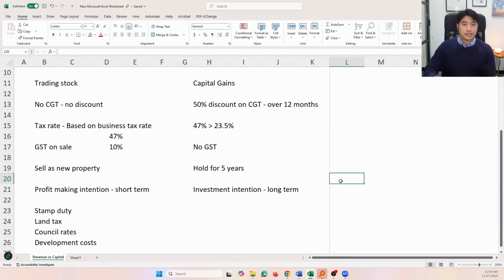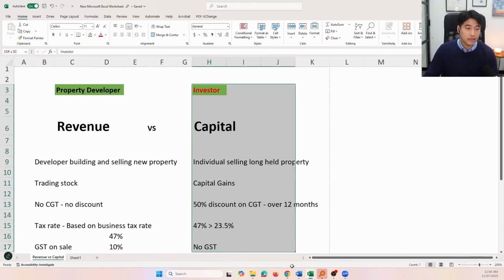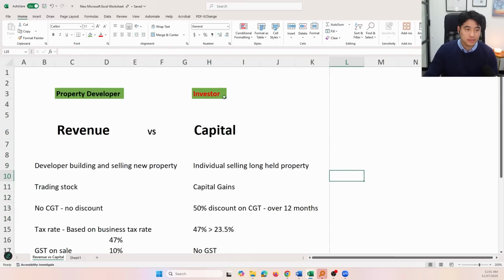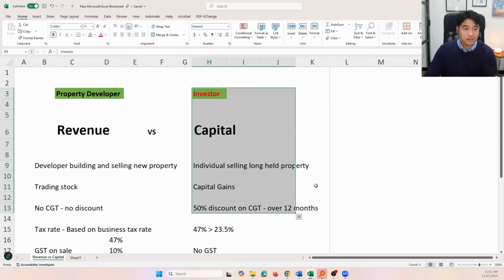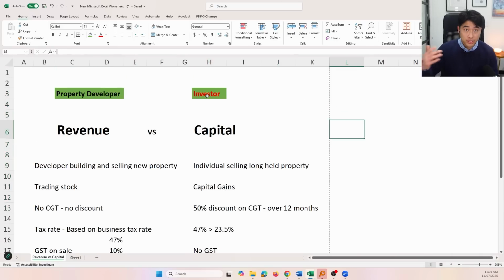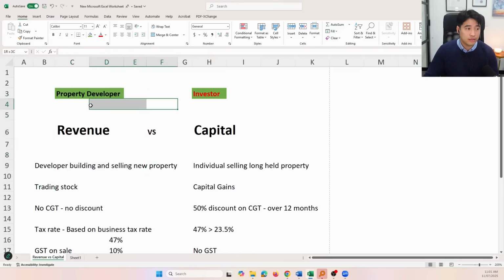So as you can see, the questions that are getting asked right now are just going, oh, well, how do I become an investor? So the goal here is actually that for most people that are buying one or two properties in the next 5 to 10 years and developing it, knocking down or rebuilding, most of them are investors because the plan is to keep the property for a very long time. They're not planning to sell it. But if you do decide to sell it straight away, that automatically is very close to the ATO arguing that you're a property developer instead.